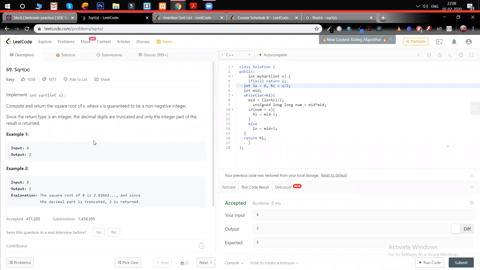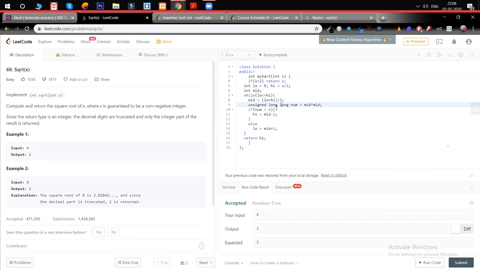Yeah, I have one question. Why on line number 9 is it unsigned long? Because if you are doing mid square, it might lead to overflowing the integer value. Oh, I see. Because if x is very near to int max, that's okay. All right, makes sense.